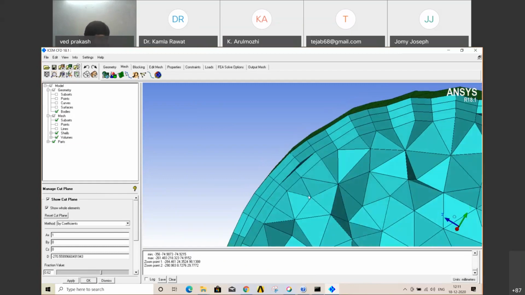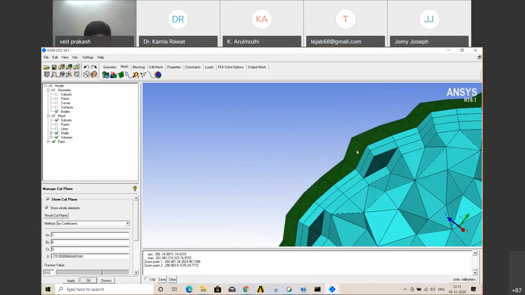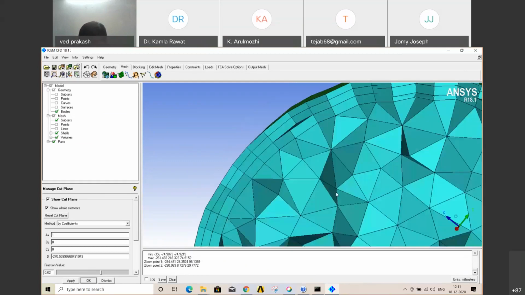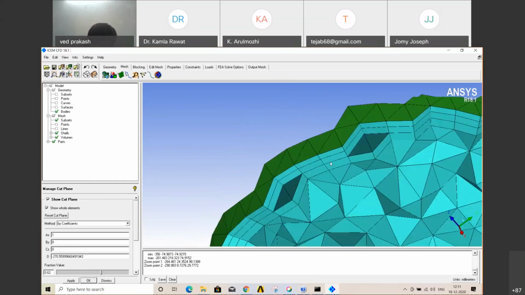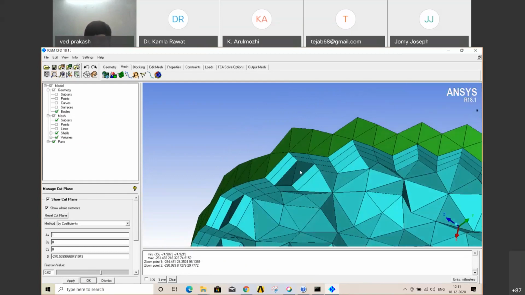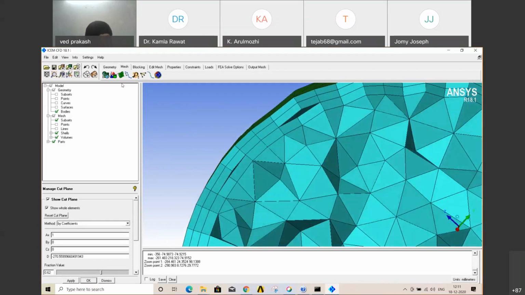Okay, if you want to increase your number of layers, as you can see at the top, triangular, and the inside also triangular, but in the middle you'll get some rectangular shape. Okay, now we want to increase the number of layers. Go to edit mesh.